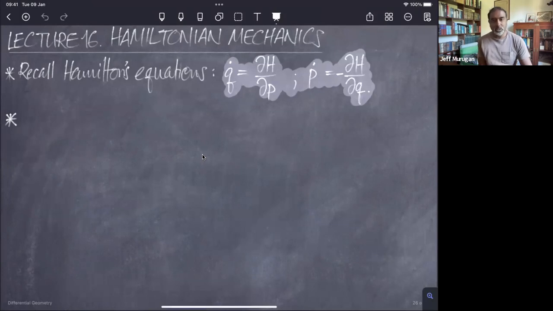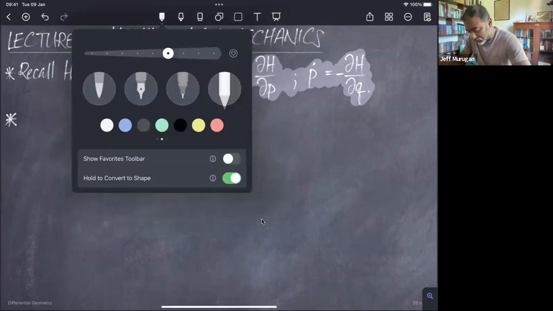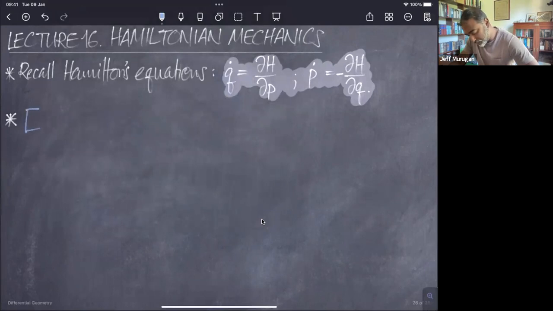So let me start then by just reminding you about the Hamiltonian equations of motion. This is the statement that q dot is dH by dp and p dot is minus dH by dq. Again, these are first-order equations that encode the same information as the second-order Euler-Lagrange equations. So let's do an example quickly to illustrate this and maybe draw some comparisons with what you might be familiar with from